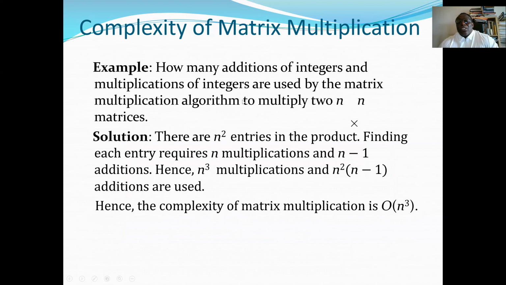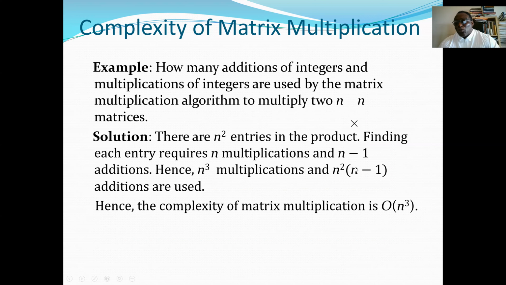So how many additions of integers and multiplications of integers are used by the matrix multiplication algorithm to multiply two n by n matrices? The solution will involve n squared entries, and finding each entry requires n multiplications and n minus 1 additions. So we have n cubed multiplications and n squared times n minus 1 additions, so it will be n cubed